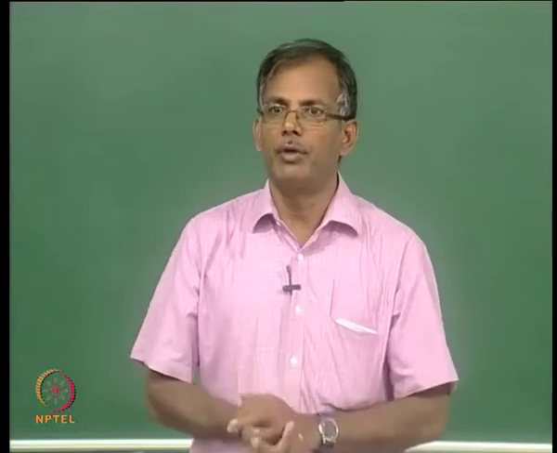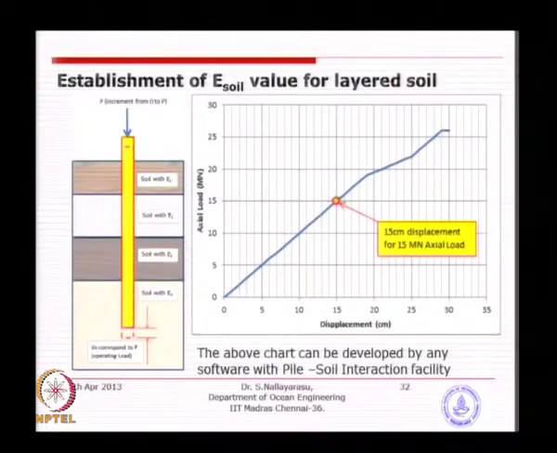Somehow you have to find out an average behavior of the total soil layers when you have more than one layer. That is something you have to establish, because this is very similar to the load displacement characteristics in your pile load test. Suppose you are able to establish this graph in the pile load test, that will give you a good average behavior of the total soil layers. If you do not have a pile load test, then you have to do something similar like a numerical method to solve for the representative E parameters, and you can use that value for your hand calculations.